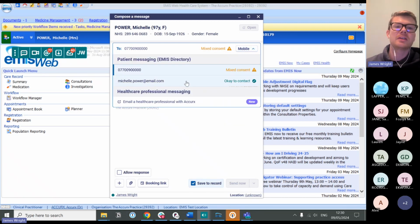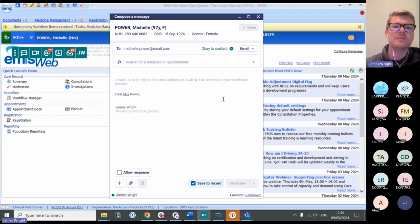You can also send to the patient's email address as well. Email does not have any fragments, but as a caveat, it should be noted that although it is completely free to send emails, it's probably worth checking that the patient is expecting to receive communications by email, just because a lot of people might not use it,